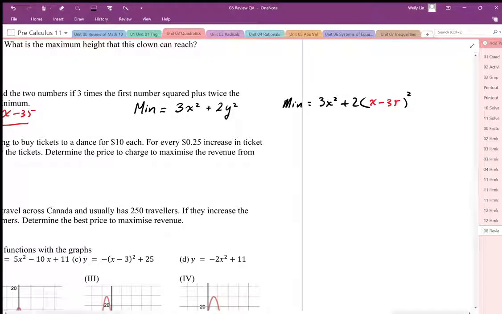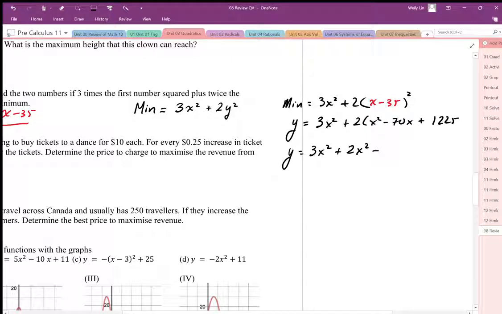I'm just going to clean this up a bit. I'm going to say that now this is our dependent variable y, and we get 3x squared plus 2 times x squared minus 70x plus 35 squared, so 35 times 35. Okay, I need a calculator for that one. So 35 squared is going to be 1225, and then the quadratic equation, when I simplify the like terms, so 2x squared